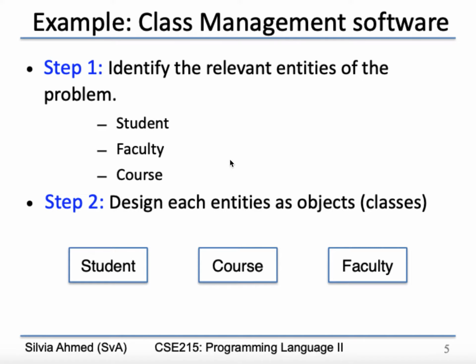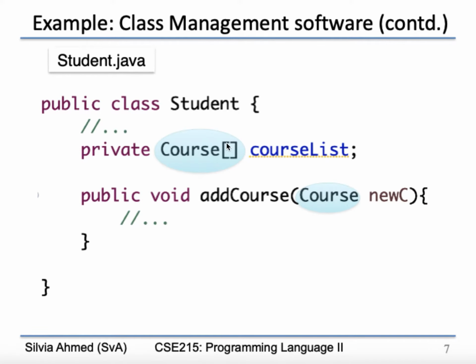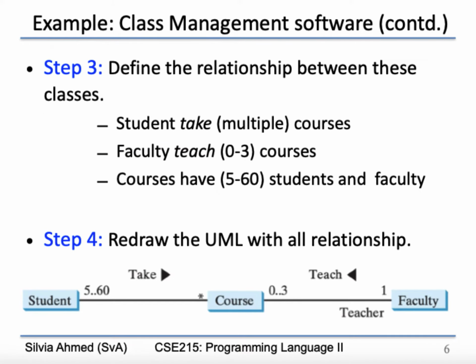As a next step, we have to think of the relationship between these classes. How are these three classes related? We see that a student takes a course, a faculty teaches a course, and a course can have multiple students and a faculty. After we decide which class is related to which class, next we need to decide